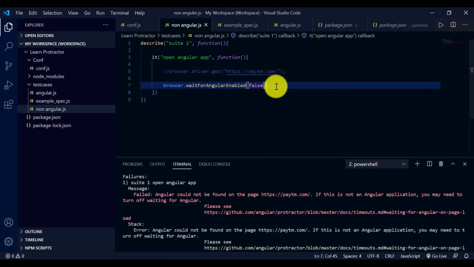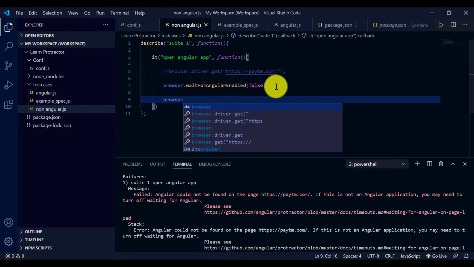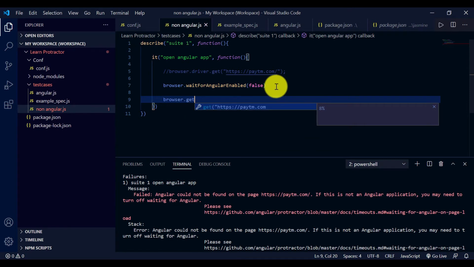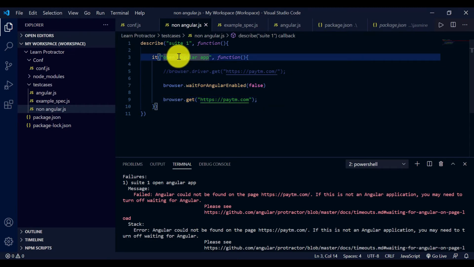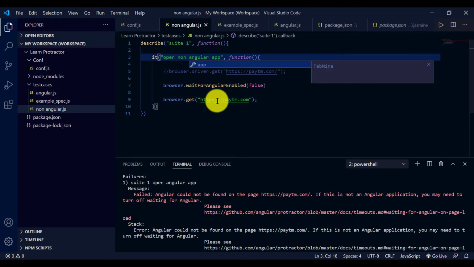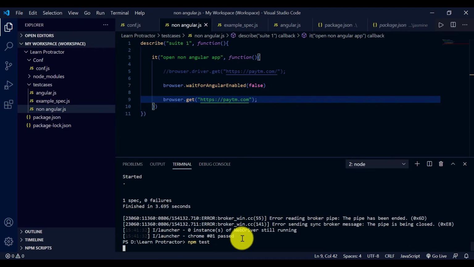After this statement, you can access browser.get paytm.com, the non-Angular app. Let's see: without using browser.driver.get, we have written this statement before opening the URL of the application. Let's go and check if it is working or not.